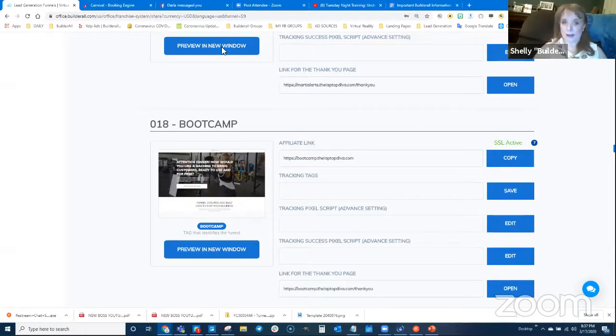So I want you to think about the extent to what we can do this. Chip alluded to the fact that we take the dog grooming funnel and we can make it into a dog walking funnel. Do you think that would be hard to do with that funnel? No, right? Because all you'd have to do is maybe change an image here and there of a person walking a dog. And then instead of giving them a free pet bath, you can say, we'll give you first walk free, right? So change it up a little bit and that's it.